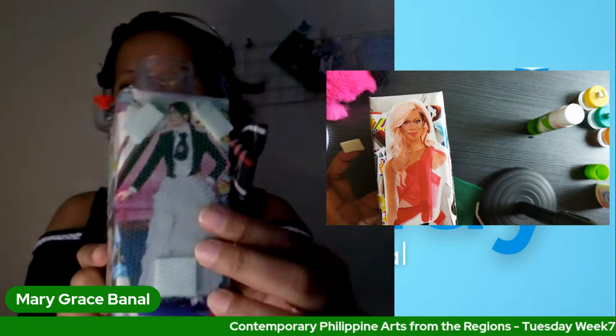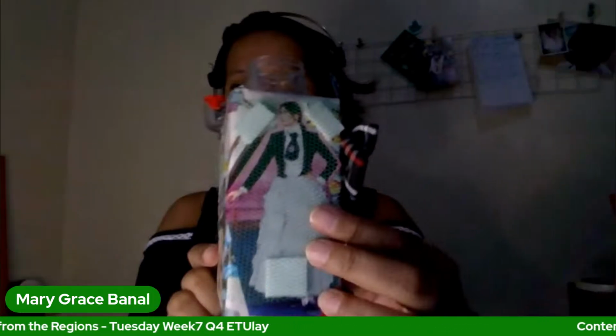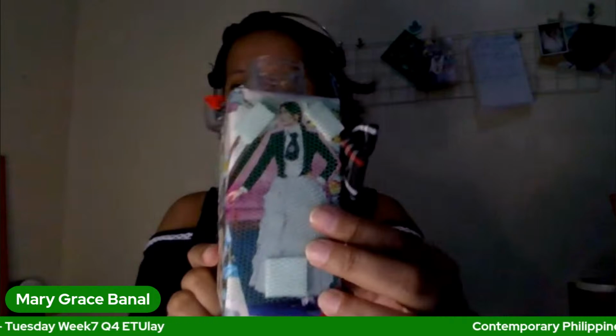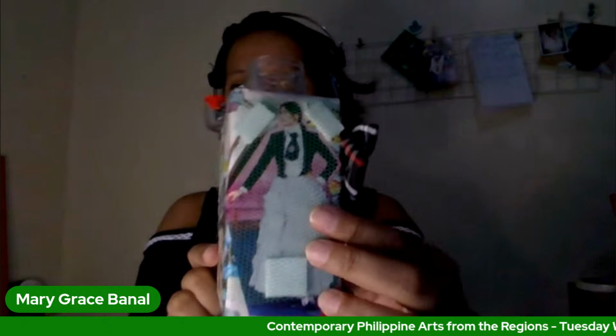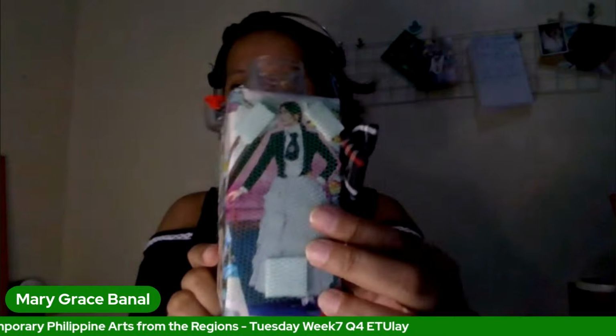So, if you have earrings, and I believe almost all women do, for example, you can hang them here. Functional, di ba? Ayan. Nakasabit na siya. So, yun yung purpose ng net. Ang dami kong pinagdaanan, ano? Pero yun na pala yung purpose niya. So, it's functional kasi you can use it.